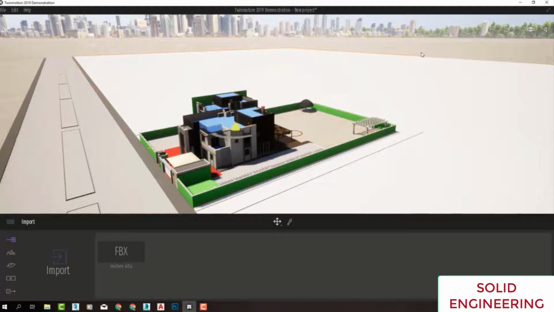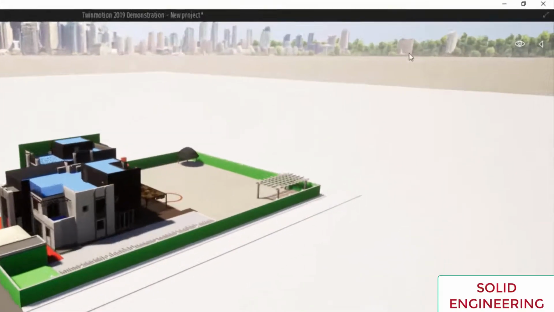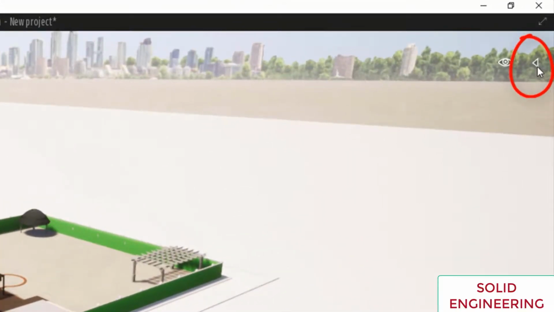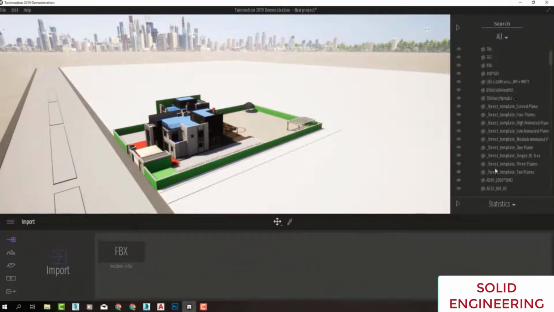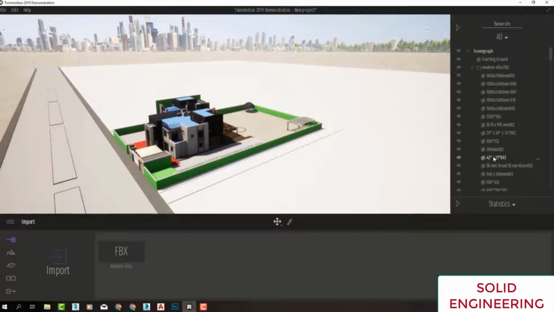To hide this starting ground, we will first press the tiny triangle here that will open up the layers and object list in the scene. If we just click on this ground like this, we will notice that the starting ground object here is now highlighted. Simply, I can either click on the small eye icon to hide it,